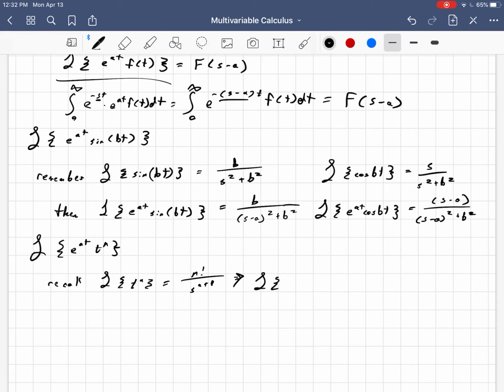So now we just replace the s with s minus a, and so that would imply that the Laplace transform of e to the at times t to the n is just n factorial over (s minus a) to the n plus 1. So you can derive that, and that, and this one, just like that, right off the bat. So the only four really that I have committed to memory is sine, cosine,